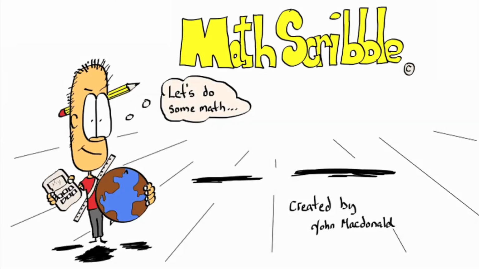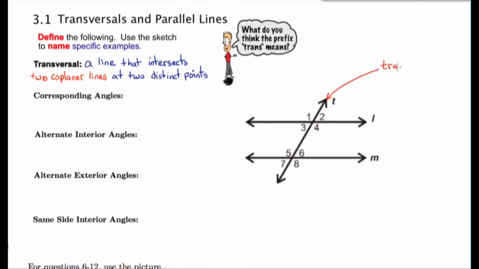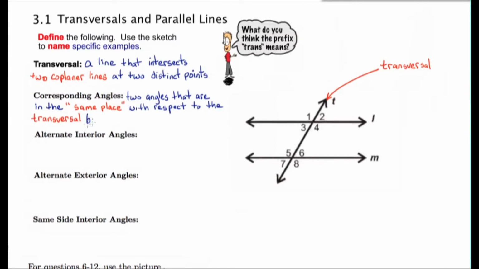In this video, we're looking at transversals and parallel lines. First, a little bit of terminology. A transversal is a line that intersects two coplanar lines at two distinct points. So there's the transversal. Corresponding angles are two angles that are in the same place with respect to the transversal,